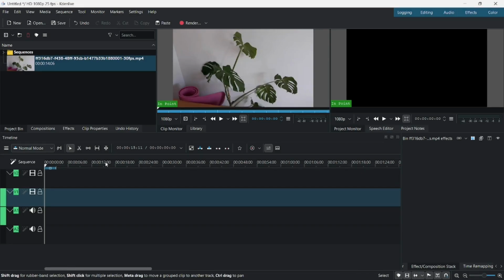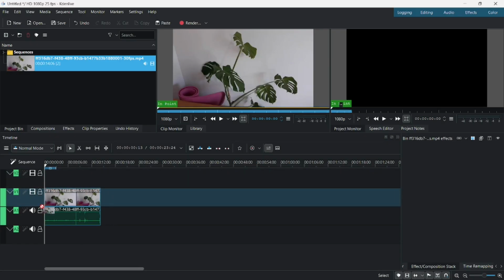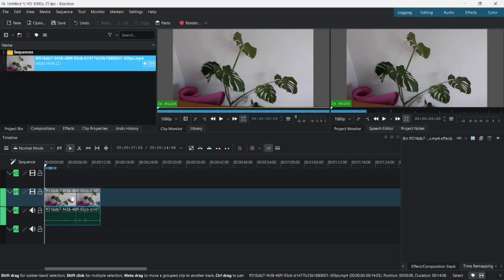Hi, in this tutorial I'm going to show you how to add a circle to a video in Kdenlive. So for example, we have here this video which has been added to our project. So now we need to drag and drop this video to the timeline, and here we need to select this